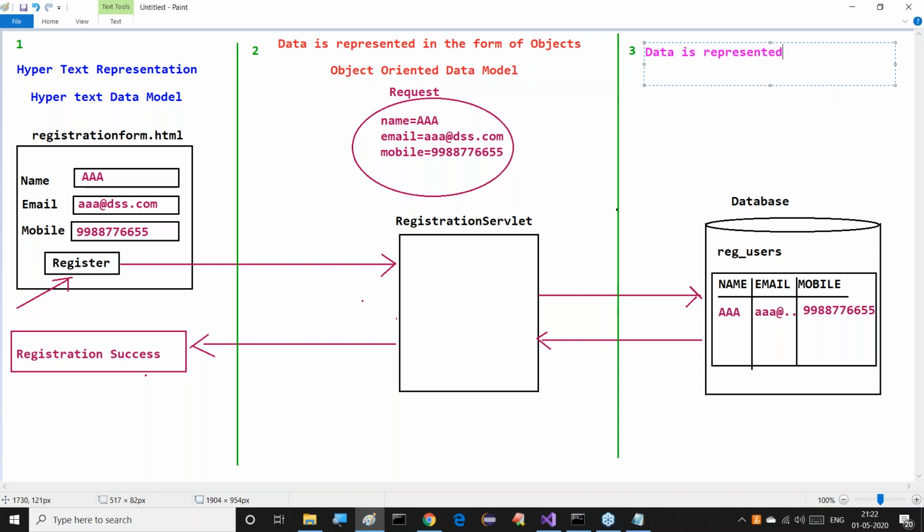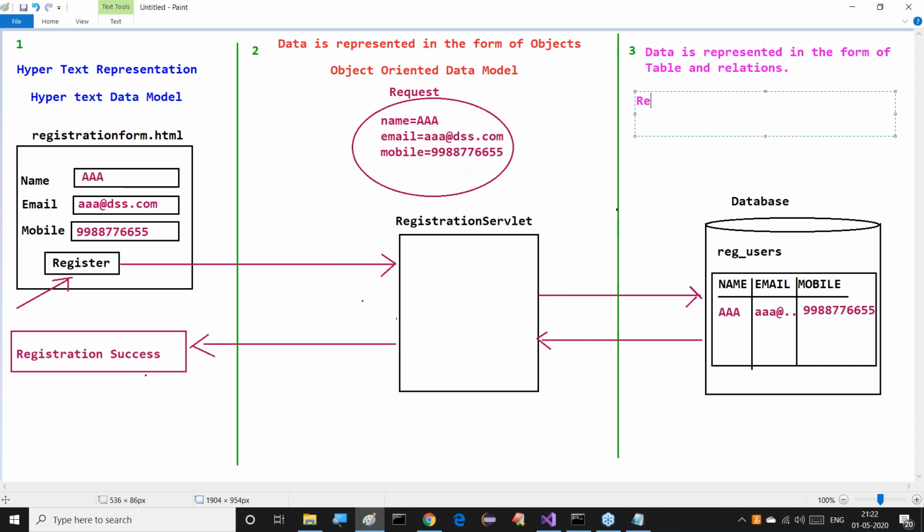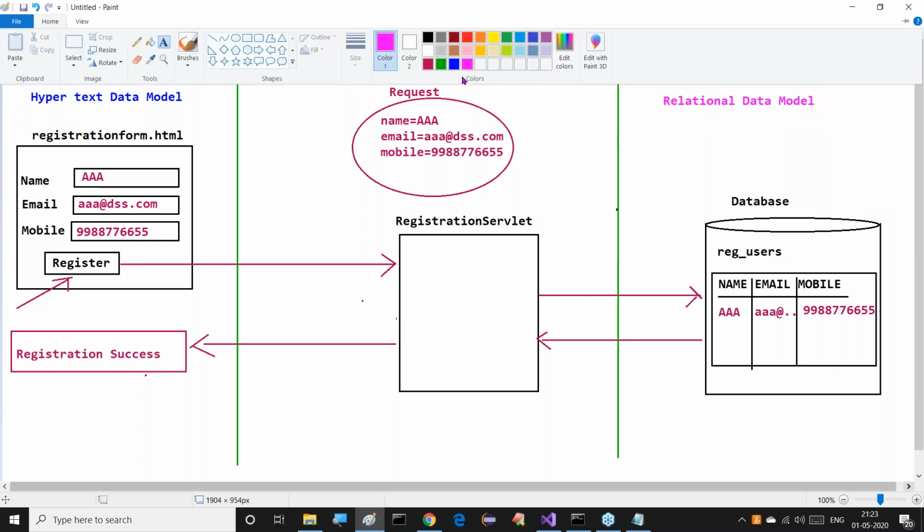Data is represented in the form of tables and relations. So this data model is nothing but the relational data model. Object-oriented data model and relational data model.